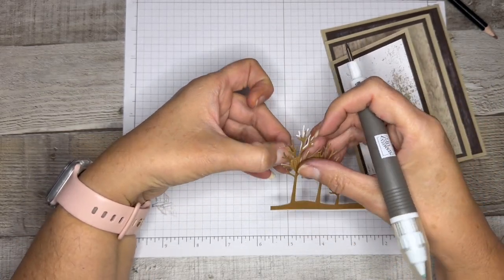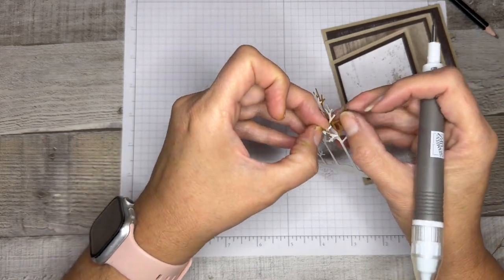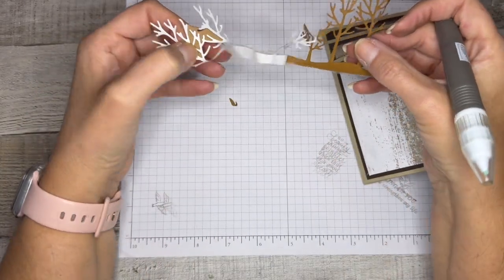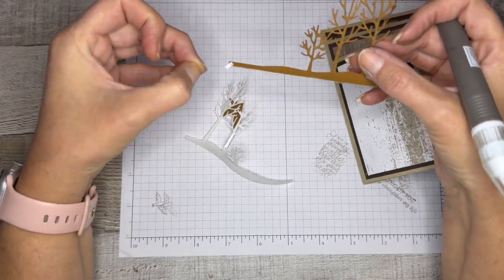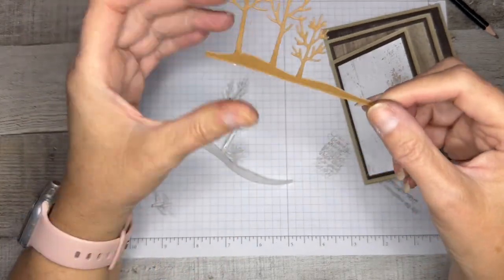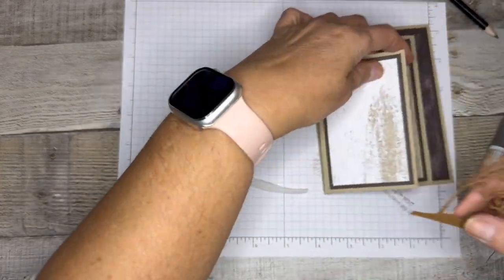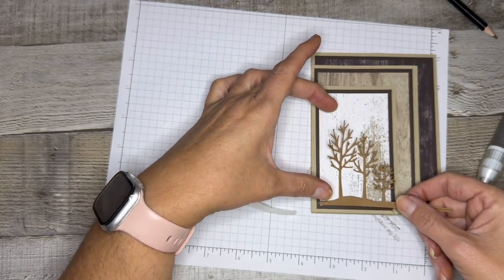Now, because I have that glue press, I can actually add teeny tiny little bits of glue very easily to this, but this definitely is a time saver because all you have to do is peel this off and all the adhesive is down and it's going to give you a really good stick. So now that I have that on there, I'm just making sure all my little tabs are tucked under. And then I'm just going to place this down